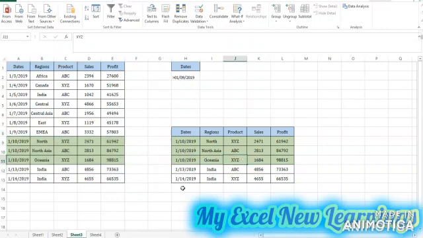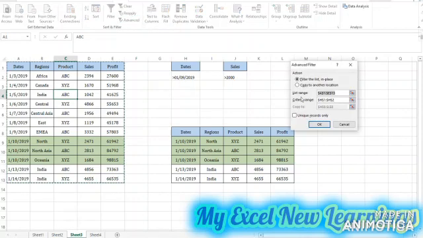So you can use the greater than, or if I want the sales, like greater than 2000. So I will do the same: go to the data tab, click on the advanced filter, then copy to other location, then select your criteria.